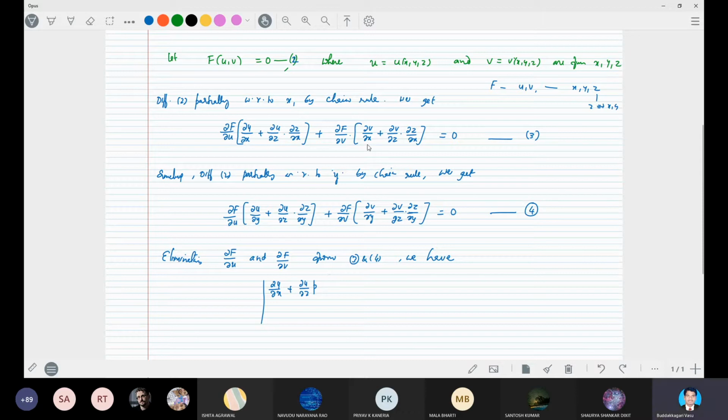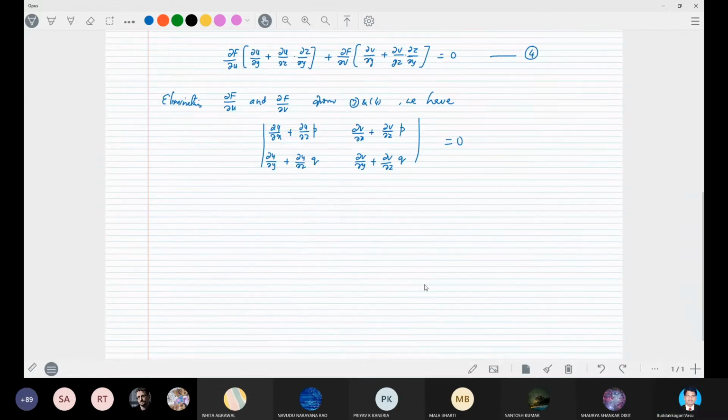Next, this one, dou v by dou x plus dou v by dou z into P. Here, dou u by dou y plus dou u by dou z into Q. Dou v by dou y plus dou v by dou z into Q. Determinant is equal to 0. So once you find out their determinant,